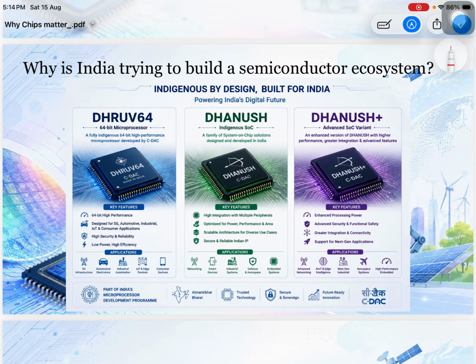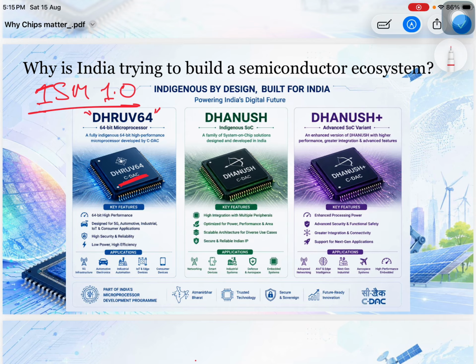And yeah, moving forward, I would like you to know about the other elements in current affairs, what India has produced in ISM 1.0, whatever we discussed. We have achieved many breakthroughs as well. Out of that, the top 3 breakthroughs which I would like to discuss, one of them is Dhruv 64. Again, it has been developed by CDAC. CDAC is the premier research institute for computer and electronics in India. And then we have Dhanush.